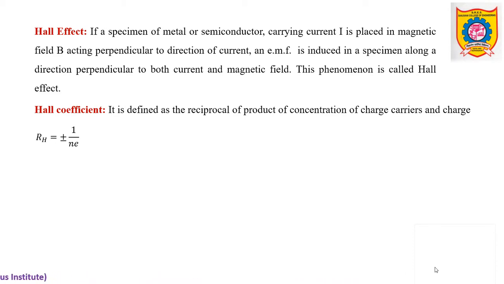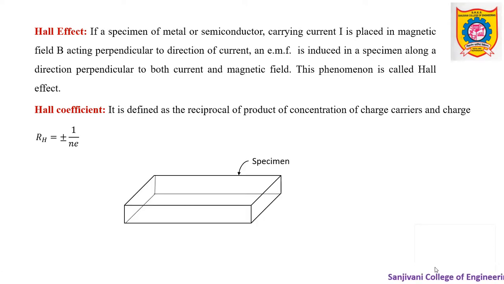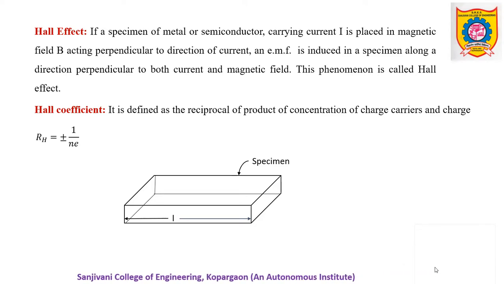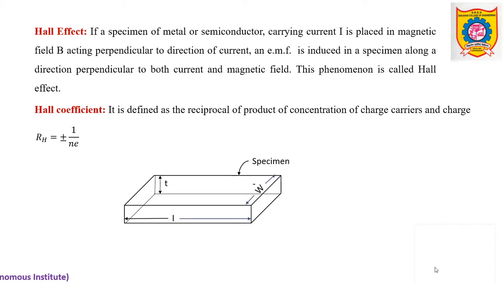By supposing that you are performing the experiment in laboratory and that Hall effect apparatus is with you, first of all you will focus on what? A specimen. You need to have a specimen. So which specimen you will take? Either of metal or semiconductor. So here we have a specimen. This specimen will be provided with some known dimensions, that is length L, width W and thickness T. So this specimen is now under consideration.